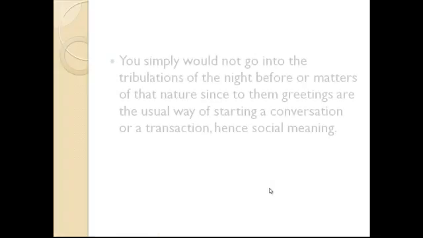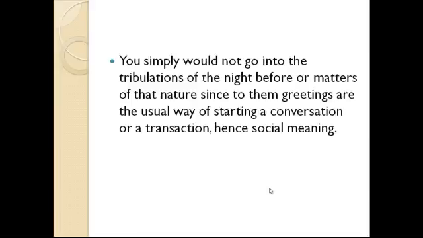But then, this could be said even where you've had a very sleepless night, a very painful night. You simply would not go into the tribulations of the night before or matters of that nature, since in the Chichewa society, in the Malawian society, greetings are a usual way of starting a conversation or a transaction,